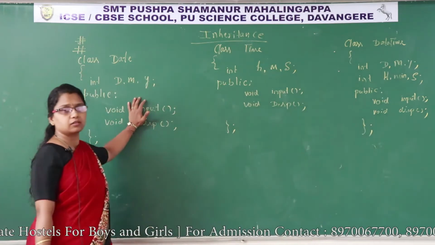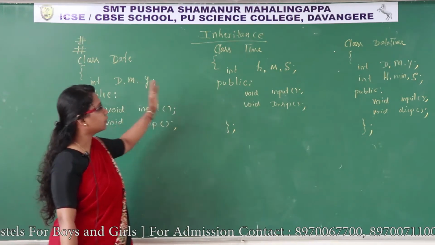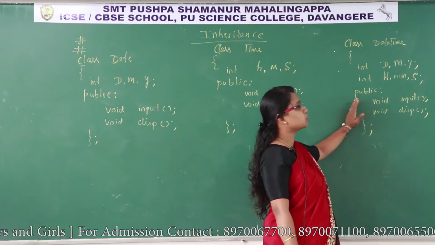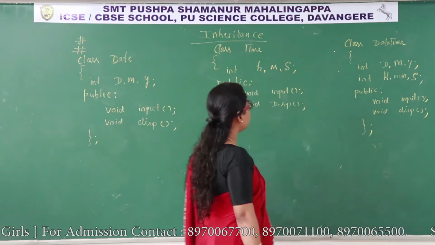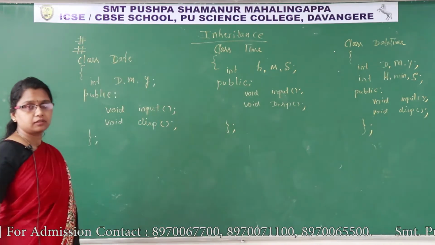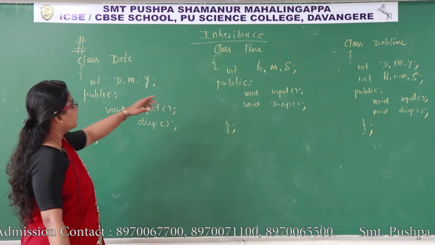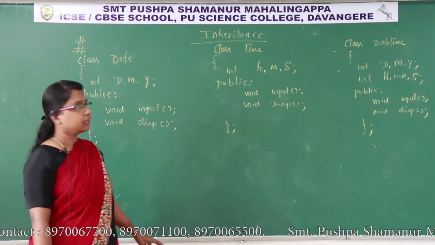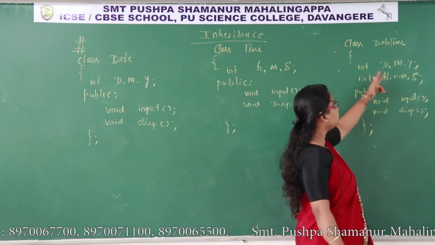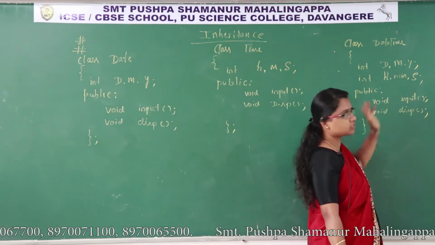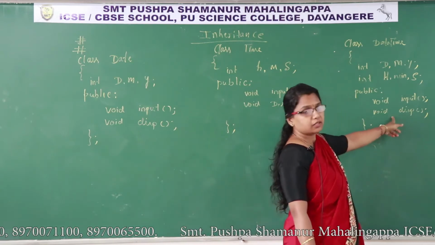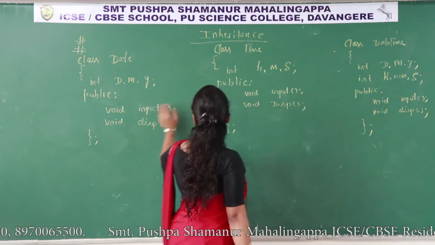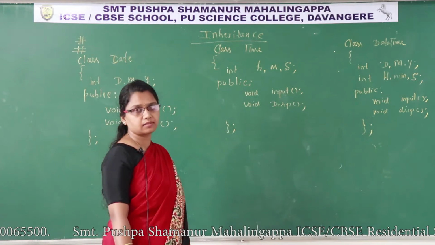Using this class we can access only date. Using this I can access only time. Using this class I can access both date and time, but I need to write all these classes here. So that class requires the properties of these two classes. Instead of declaring many variables here, again memory is wasted here. Here functions. Instead of declaring all these again in this class, we can inherit the properties of these two classes.